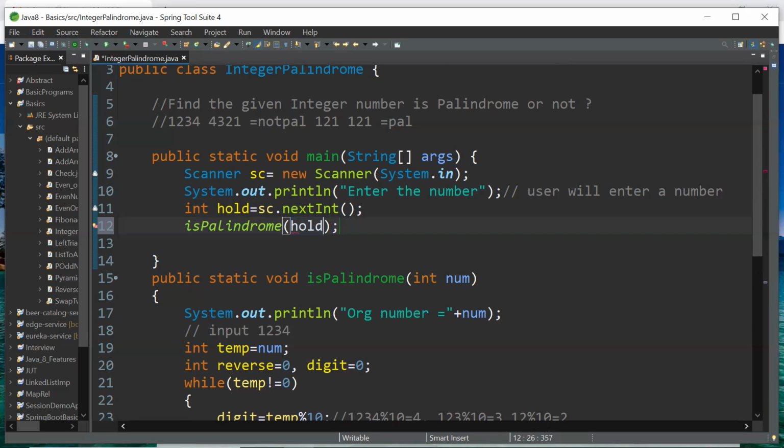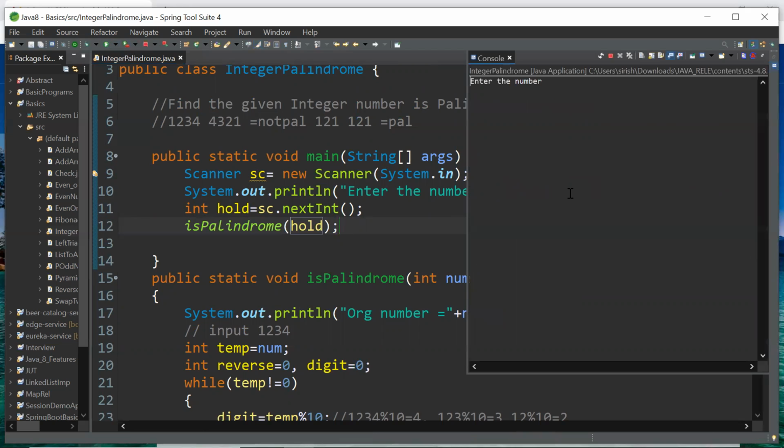Instead of num, pass the hold. Now let's run the program. 1234. The original number is 1234. The reverse number is 4321. 1234 is not a palindrome.